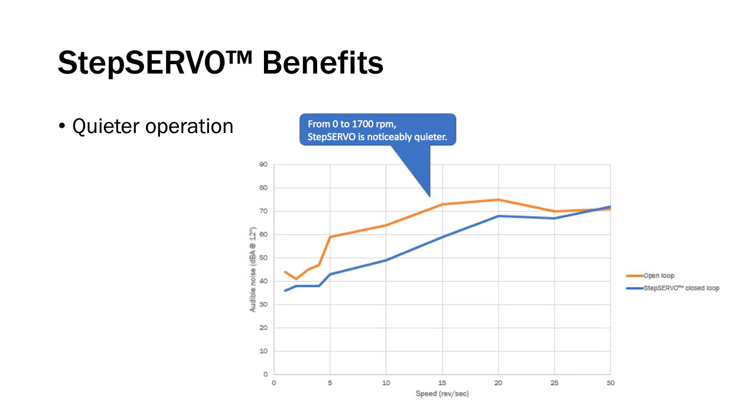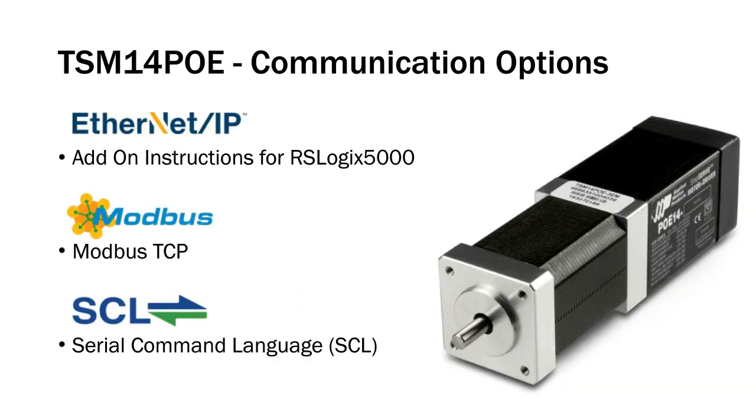Next, we talk a little bit about some of the additional features of the TSM14 PoE. So it's an Ethernet device, so communication is, of course, very important. We support a couple of popular industrial network protocols. The first one is Ethernet IP. We support communications over Ethernet IP with Rockwell controllers, with Omron controllers, with basically any Ethernet IP controller that you